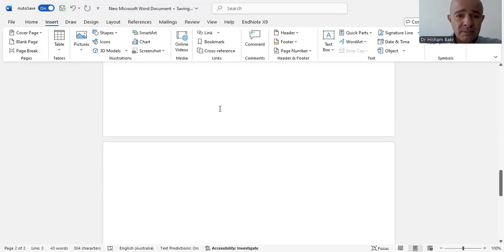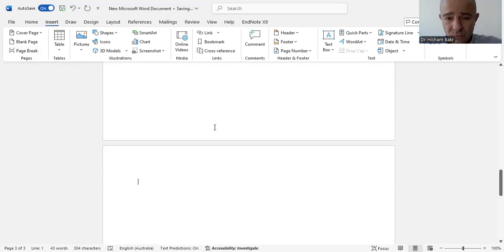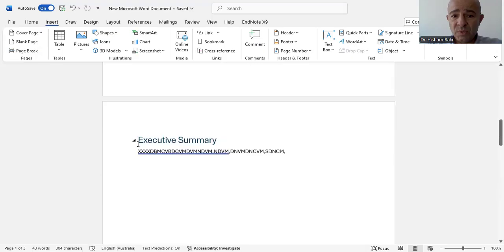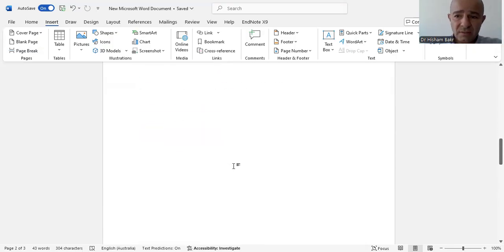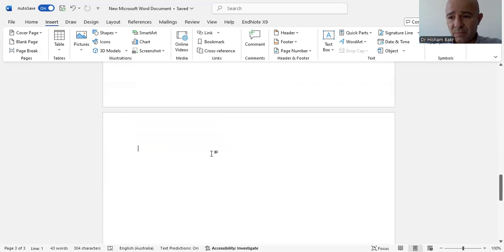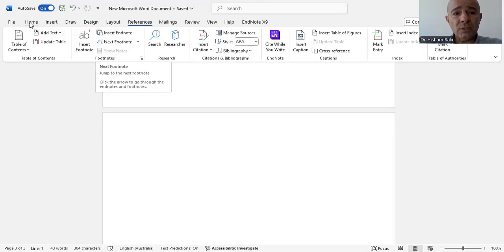A page break will let you move to the next page. So once you finish your executive summary in 250 or 350 words, you don't need to press Enter until scrolling down to the next page. On the next page, I'm going to insert the table of contents. You have to count 1, 2, 3, 4, 5, 6, and 7. So the 7th tab from the top left,